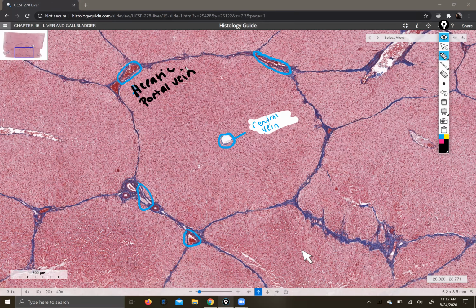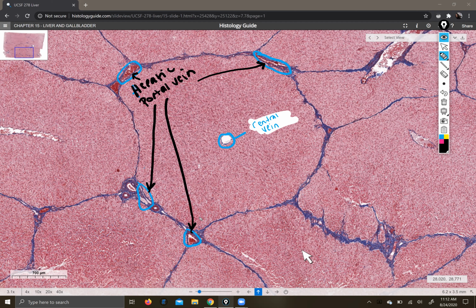So I'm just going to call them hepatic portal vein because they're really a branch of it, and I don't feel like writing branch. So all of these things are that. If you remember from both vasculature and from the digestive system, and one of your case studies kind of looked at both,